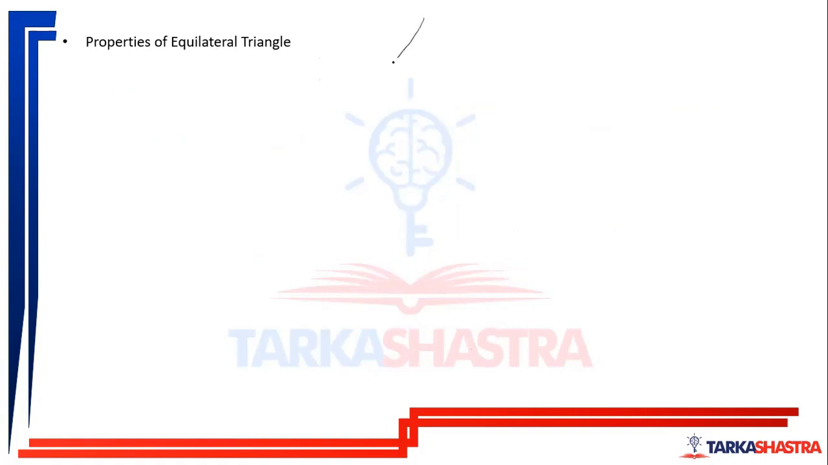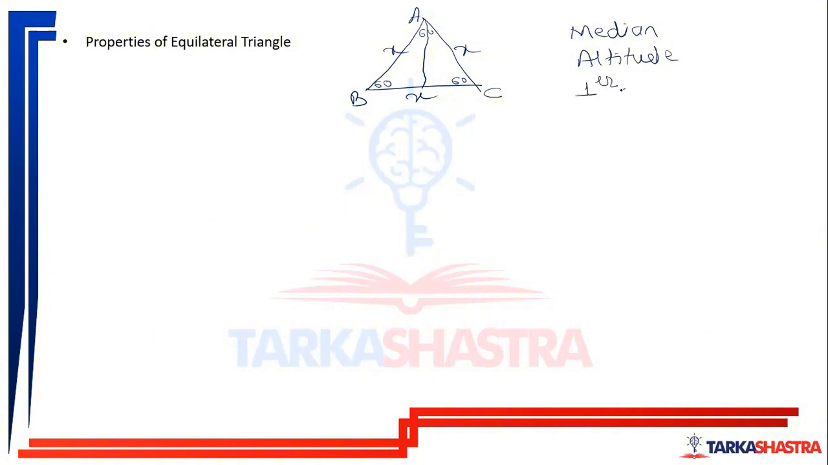A triangle which has all the three sides and three angles equal. All the three angles will measure 60 degrees and all the three sides measure x units for triangle ABC. So surprisingly, or coincidentally, क्या होता है पता है? इसका median is equal to इसका altitude, इसका perpendicular bisector और हर एक angle का angle bisector।